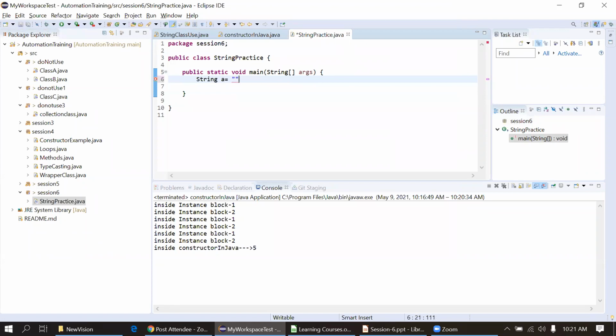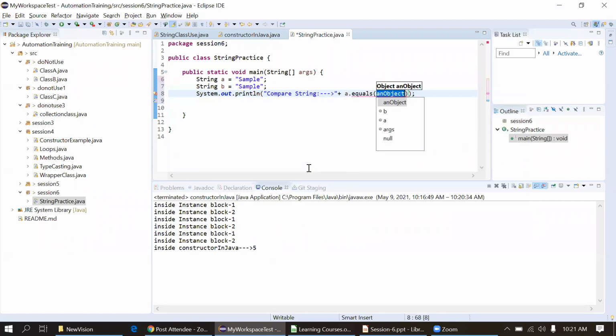String A is equal to sample string, String B is equal to again the same. Now A dot equals B.